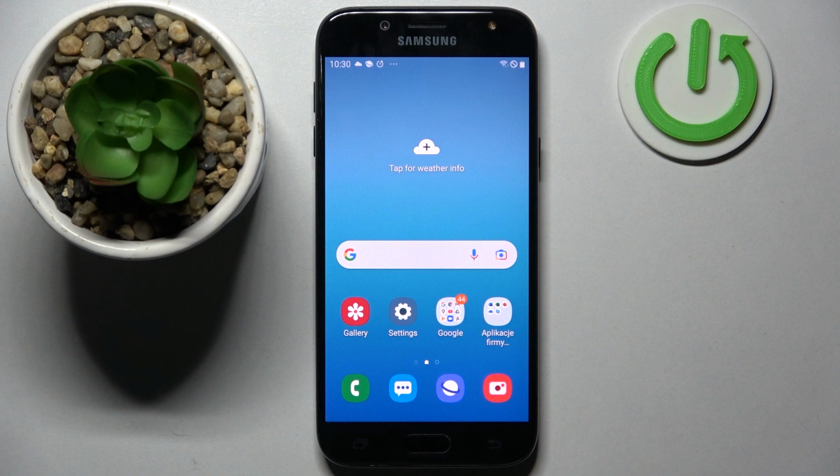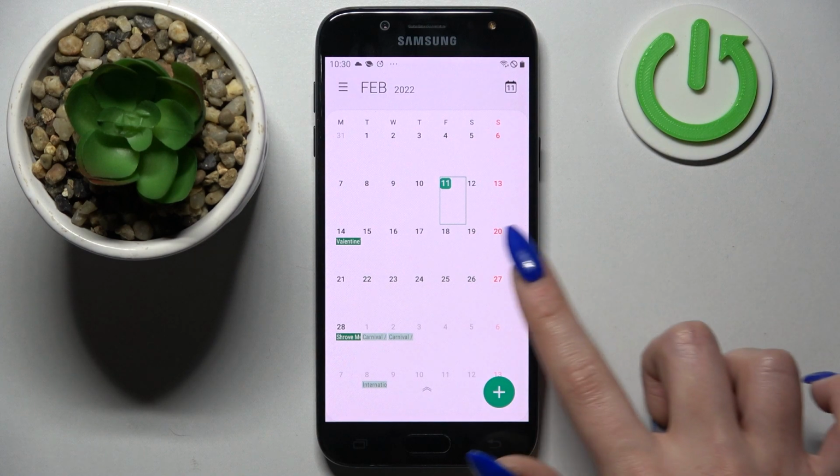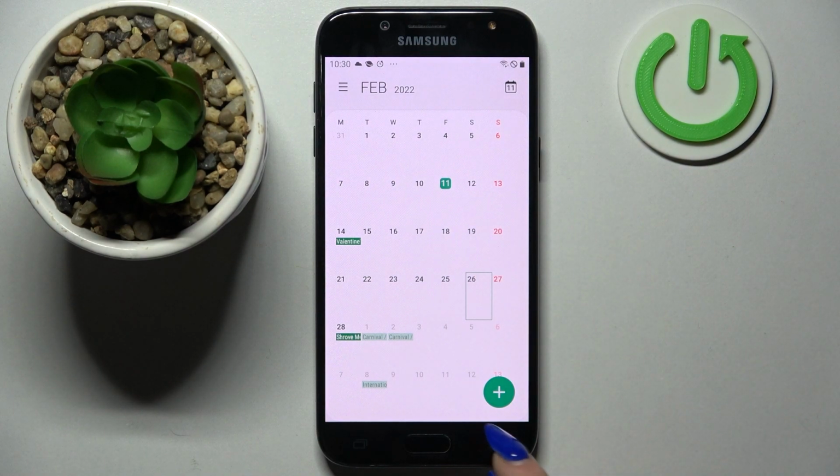In front of me is Samsung Galaxy J5 2017, and today I would like to show you how you can add events to calendar on this device. First of all, access calendar by tapping on it. Now you need to pick a date by tapping on the chosen one and click on this plus icon at